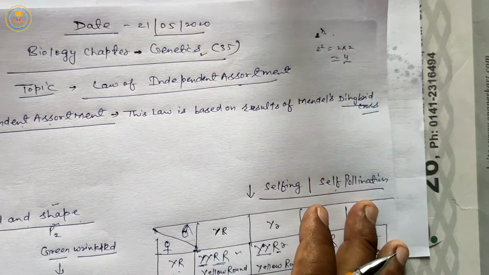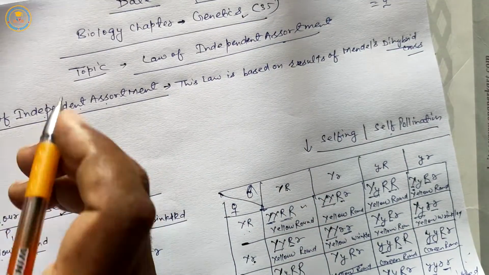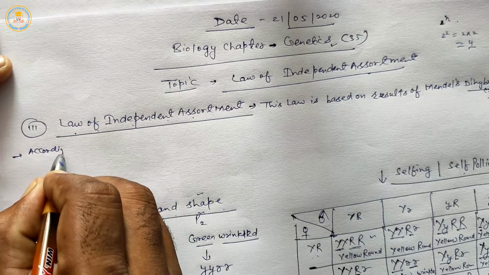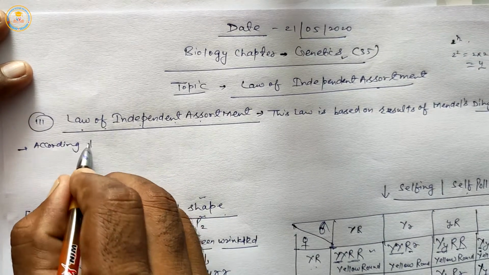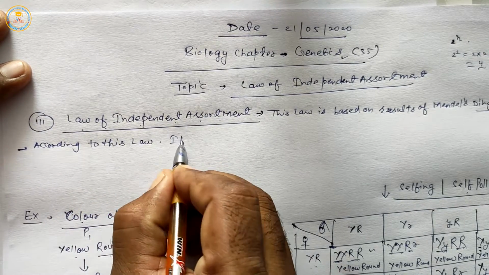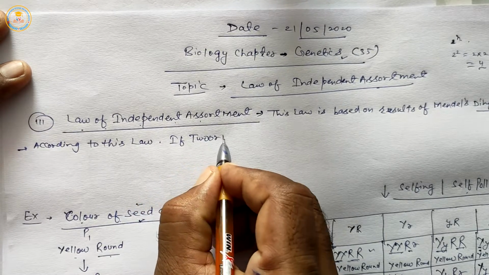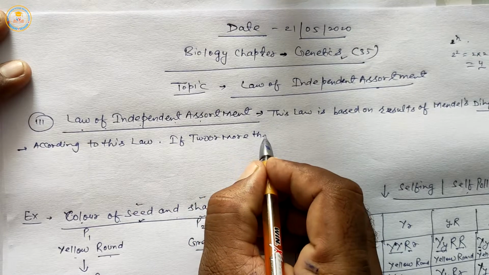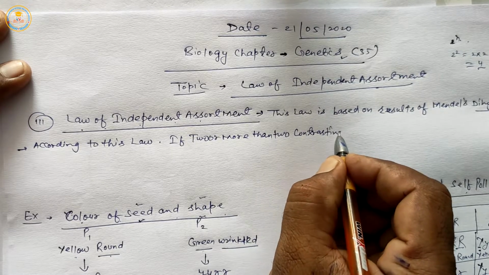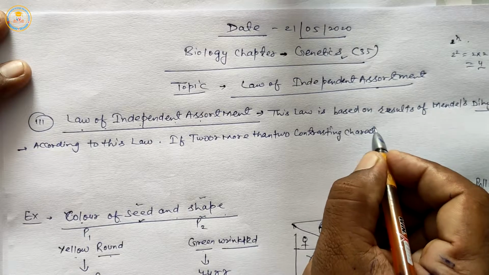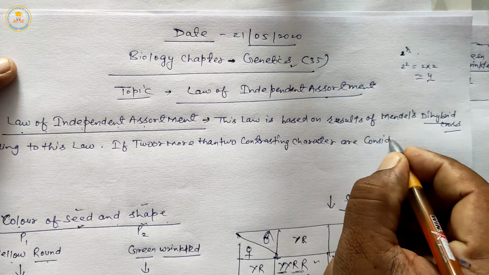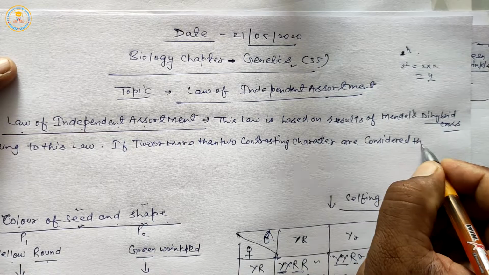Second, according to this law, if two or more than two contrasting characters are considered, then